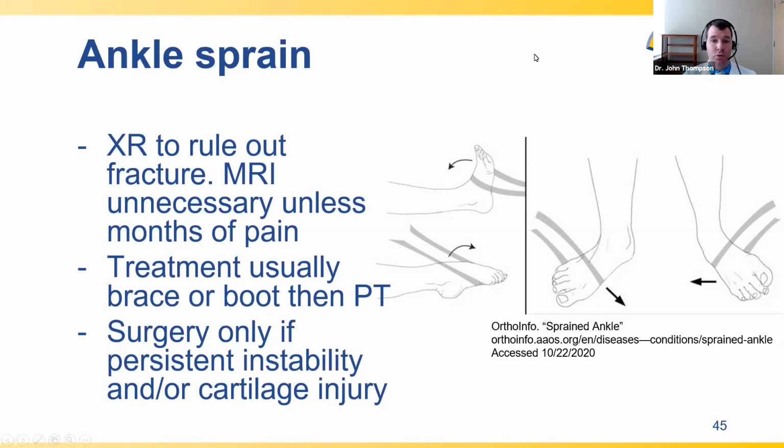The majority of ankle sprains will improve on their own after a few weeks to a few months. In a small subset of patients, the ankle may permanently be less stable than it once was, and this can lead to recurrent and/or worsening ankle sprains in the future. This may require surgery to help stabilize the ankle to reduce future ankle sprains and also to help protect the cartilage. Occasionally, the cartilage in the ankle is injured at the time of the ankle sprain. This may lead to persistent pain that does not improve after that 1 to 2 month period. Should this occur, surgery may be needed to help clean up and potentially repair that cartilage injury.